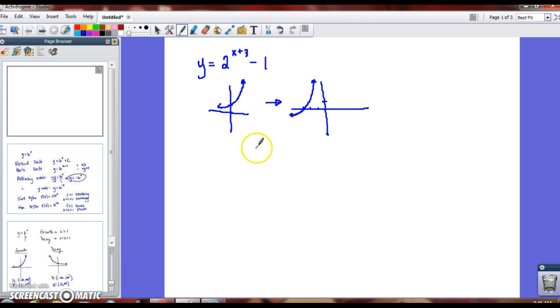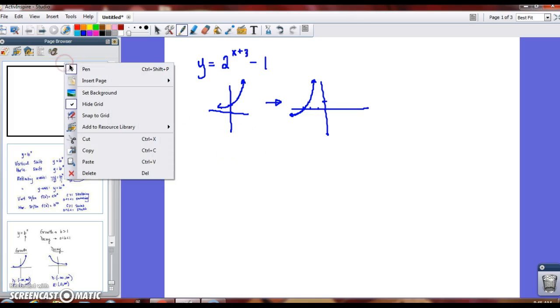Okay, so that's the idea behind that. Very basic terms, but that's what's going on there with those different translations that you have. That's all stuff that you've done before, but I just wanted to reiterate that with you. The more interesting part of exponential functions is when we start talking about